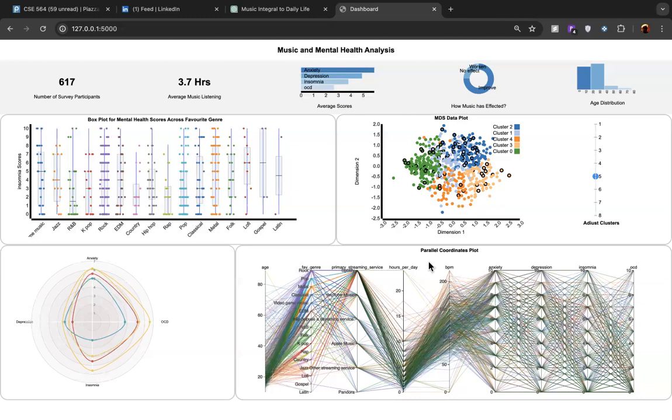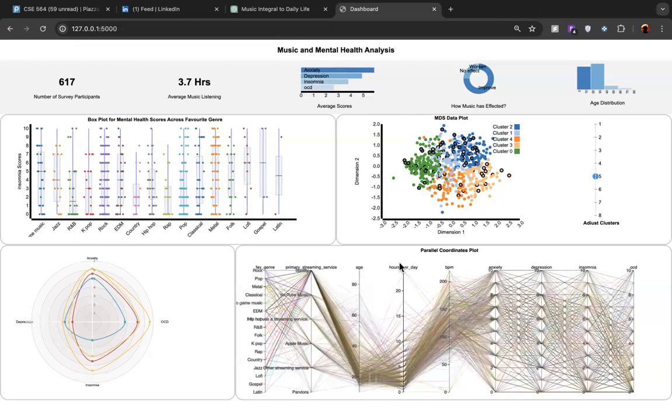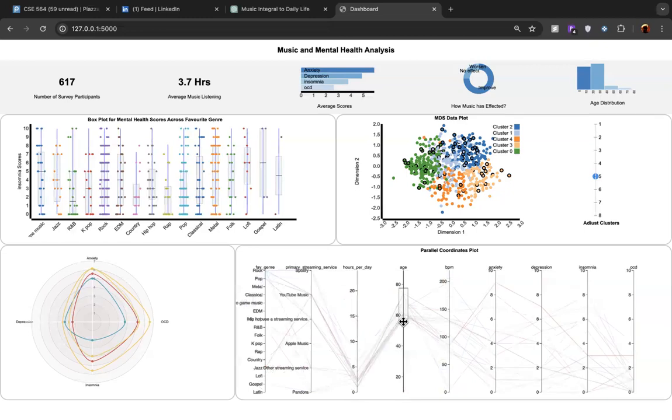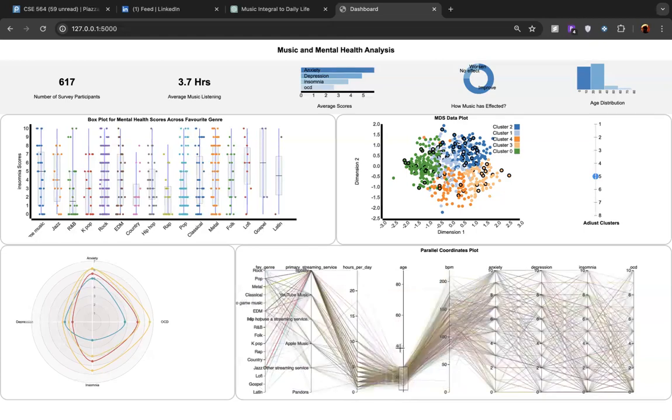Further, in this parallel coordinates plot, we were able to discern a few more things, one of them being the age and the hours per day. We can observe that among the older population in the data, they mostly listen to fewer hours in the day. And when we observe the same for the younger population, it's widespread and sometimes in the higher range.